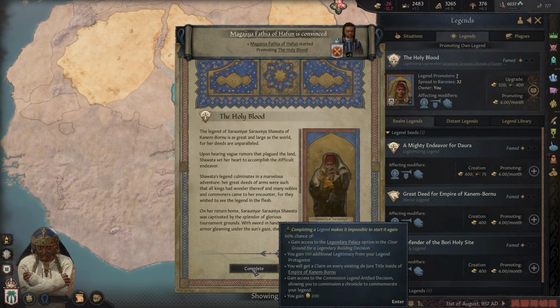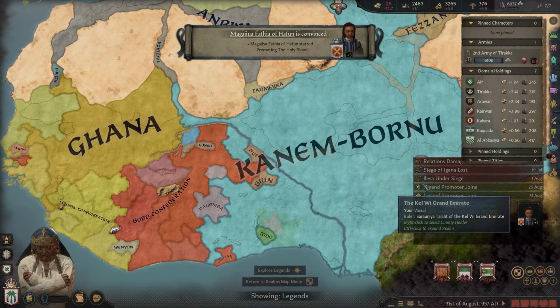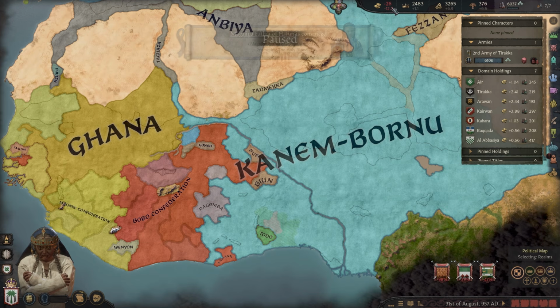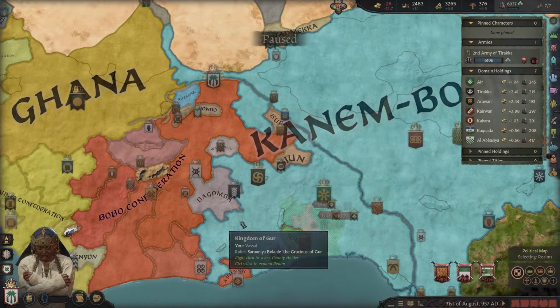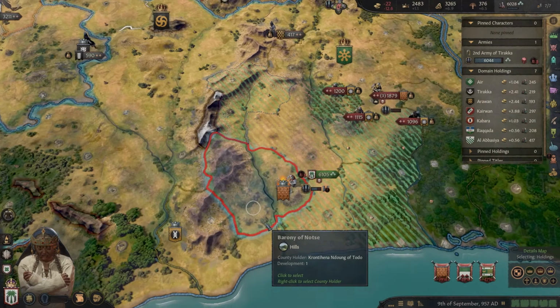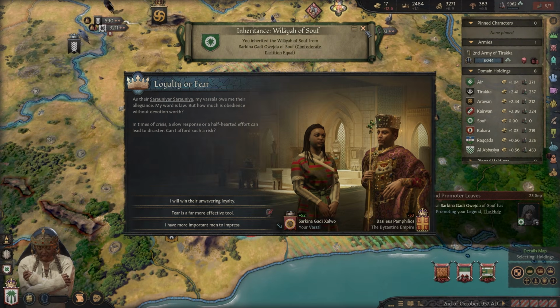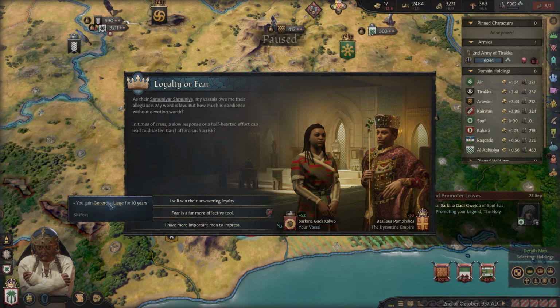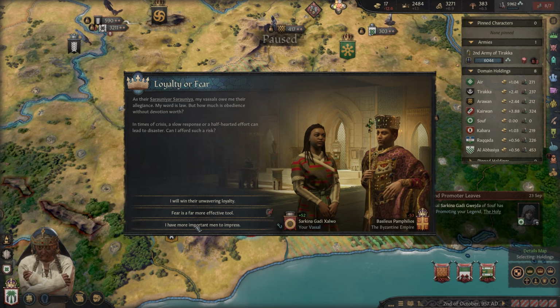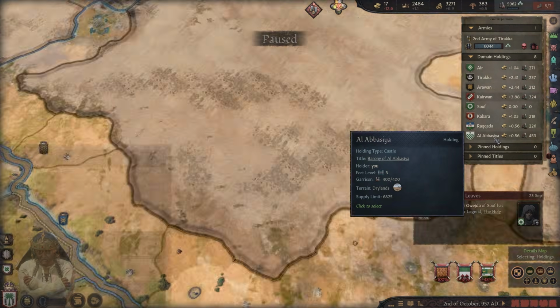Because, yeah, it's not even worth it. It's not worth ditching our legend, because we'll still be losing 8 gold a month. It would have been worth losing it earlier, but not now. I inherited something and came with a bunch of money. That's interesting. I'm not going to lower my taxes. Get out of here with that idea.